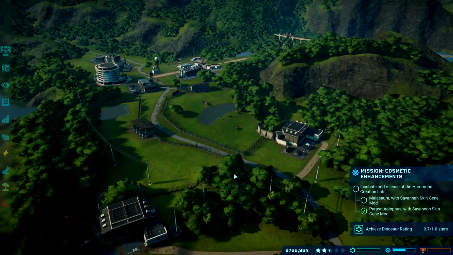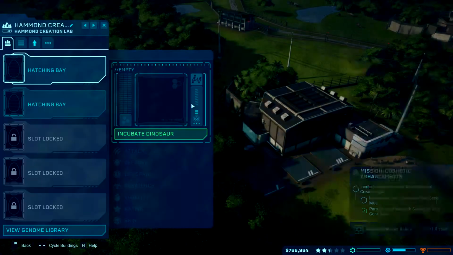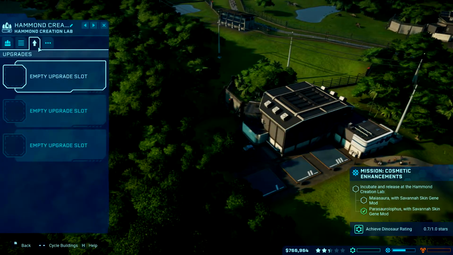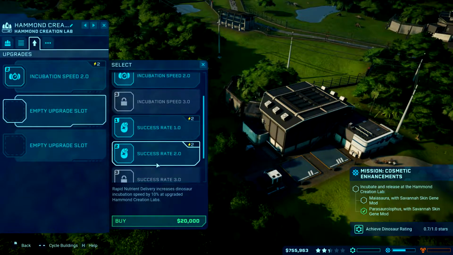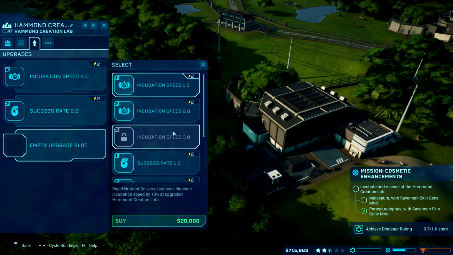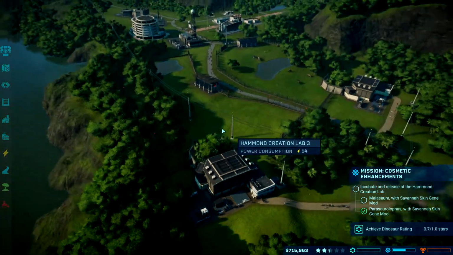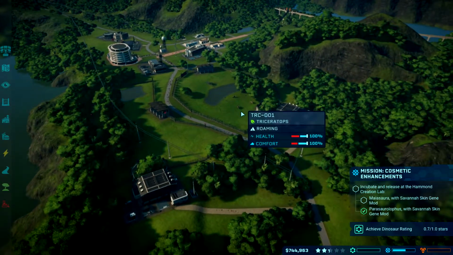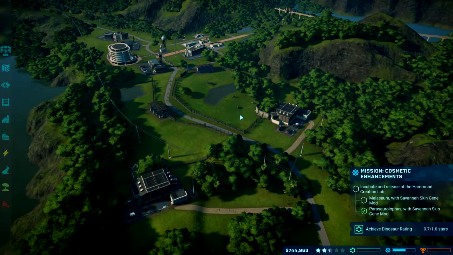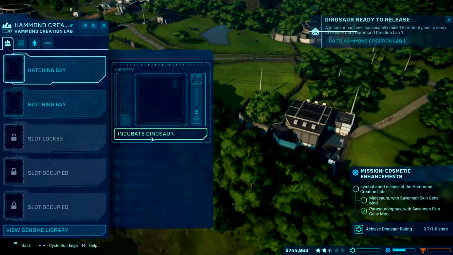And then I think we save up for a pretty good meat eater over here. We've got 766 grand. Let's go ahead and upgrade this thing so we can do incubation speed. We can upgrade the success rate. And we don't need hatchery capacity, that's fine. So what's our power running at now? 11. So we might want to consider another power plant here in the future, but that is okay. If we were to release...